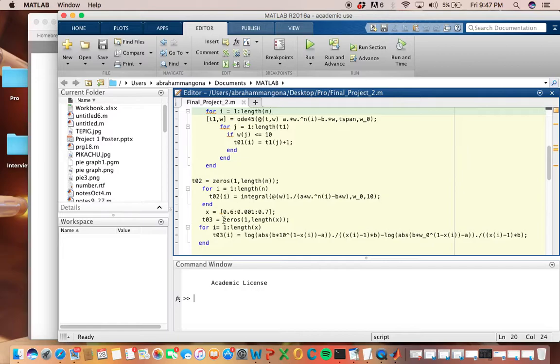So this is just a scale we just created because it can't be more than 0.6 to 7. So we just wanted to create a zero vector to store this right here. This being the analytical method,